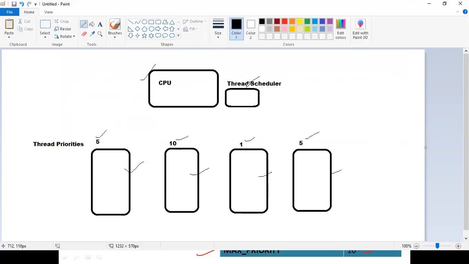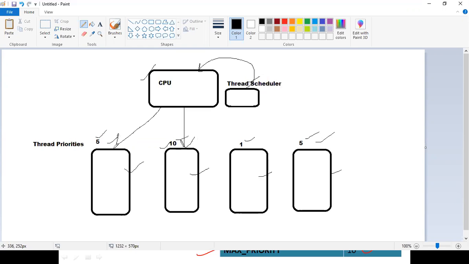So the thread scheduler will send a signal to the CPU to go and execute thread 2 because it has the highest priority. After completion of that, we have 2 threads with the same priority, so randomly any one will be selected.